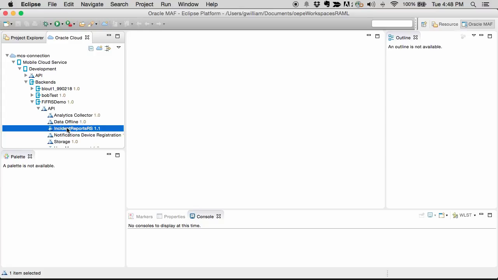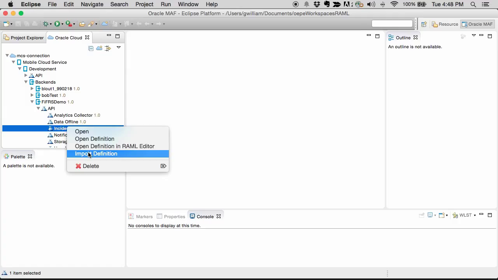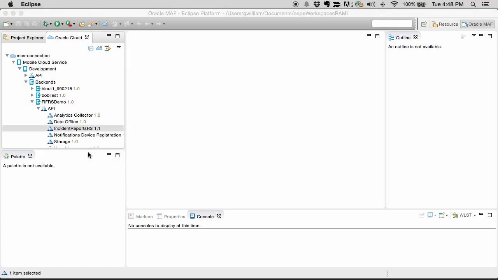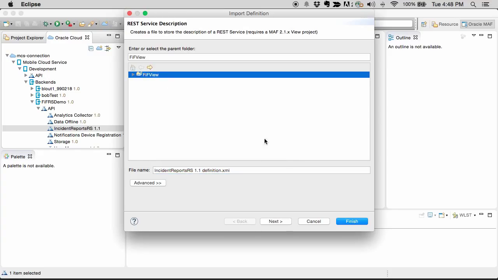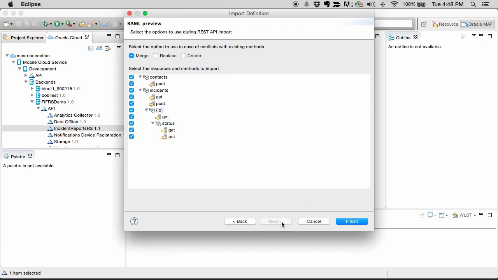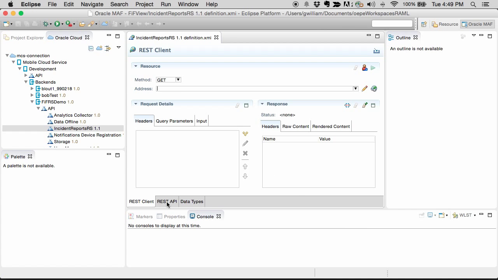Since the developer created a RAML document that includes the resources and operations we need, we just need to import that document. I select Import Definition to open the Import Wizard. On the last page of the wizard, I can see and select all or some of the resources and methods defined in the RAML document. Once the import is complete, I can look at the